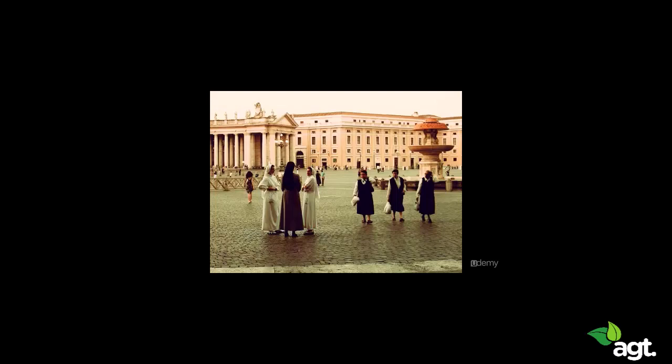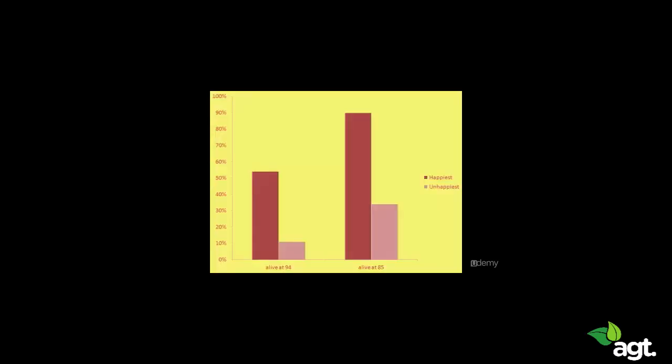It turned out that none of these factors had an impact on how long the nuns went on to live. But there was one factor which did have an impact, a very significant impact. The nuns whose journal entries had more positive content lived nearly 10 years longer than the nuns whose entries were more negative or neutral. In particular, the researchers went on and compared the most positive 20% with the most negative 20%. And here's the difference.